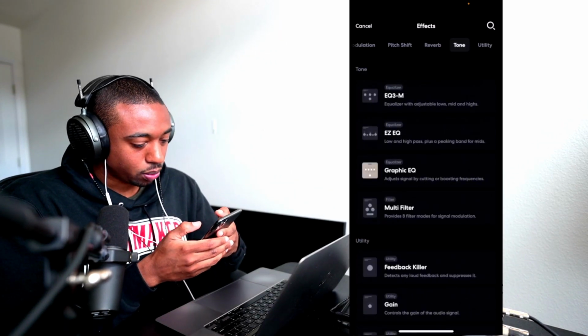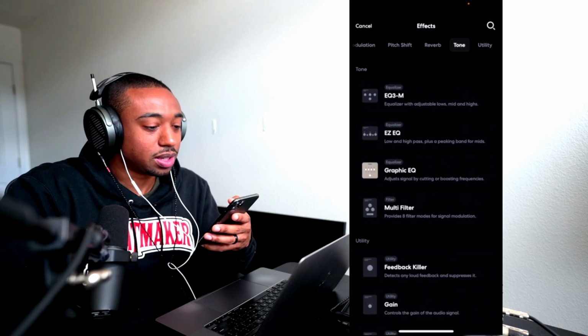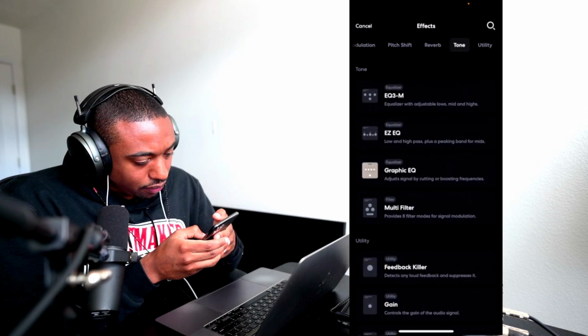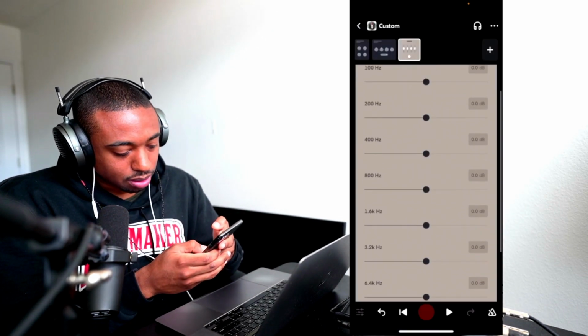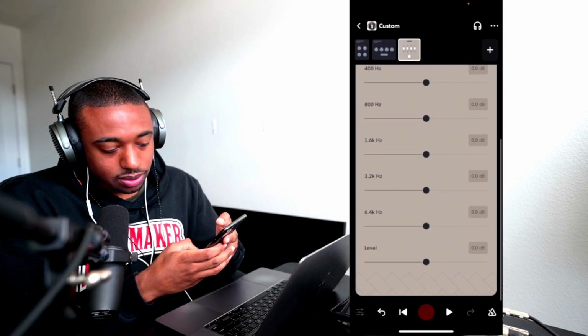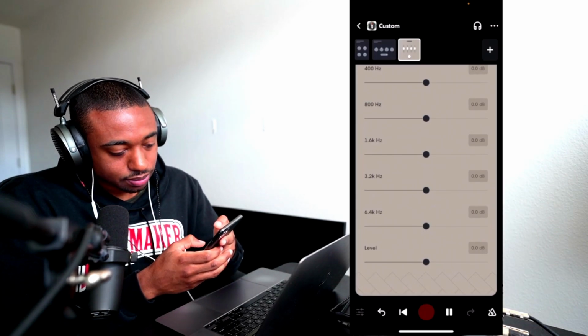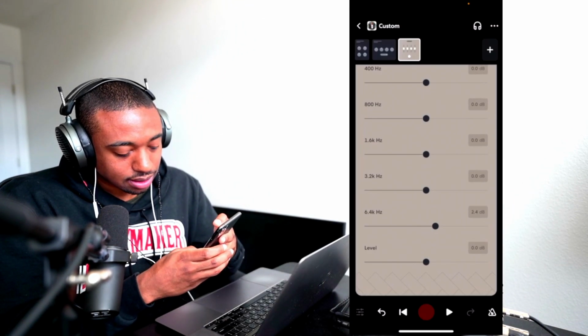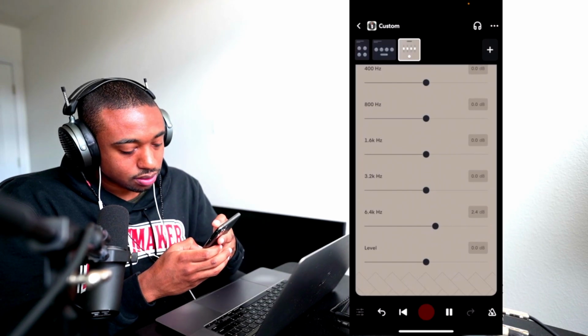They named this so weird. Like producers don't talk this way. Sorry, BandLab. Love the company, but they don't talk this way. Okay, let's go to graphic EQ and let's scroll down and pull up the frequencies around 3 kilohertz. If you want more presence, add like 6K, 6 kilohertz.